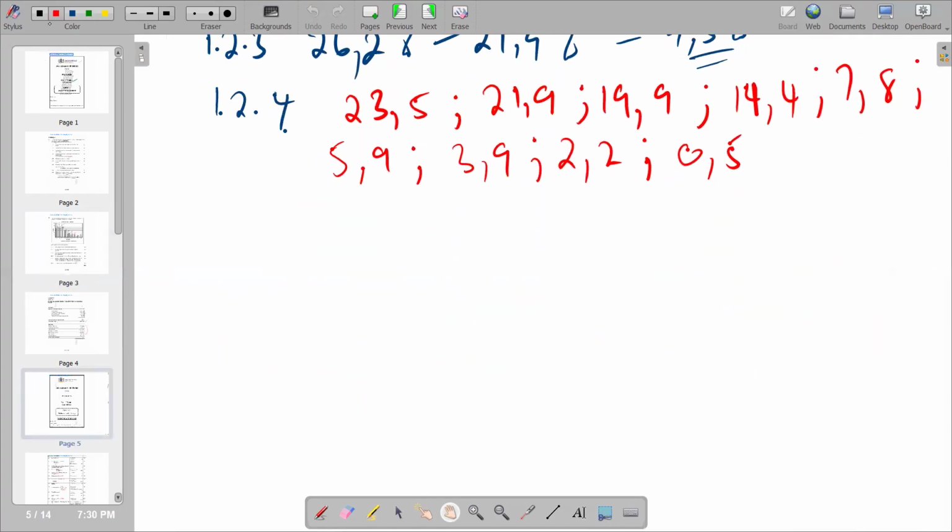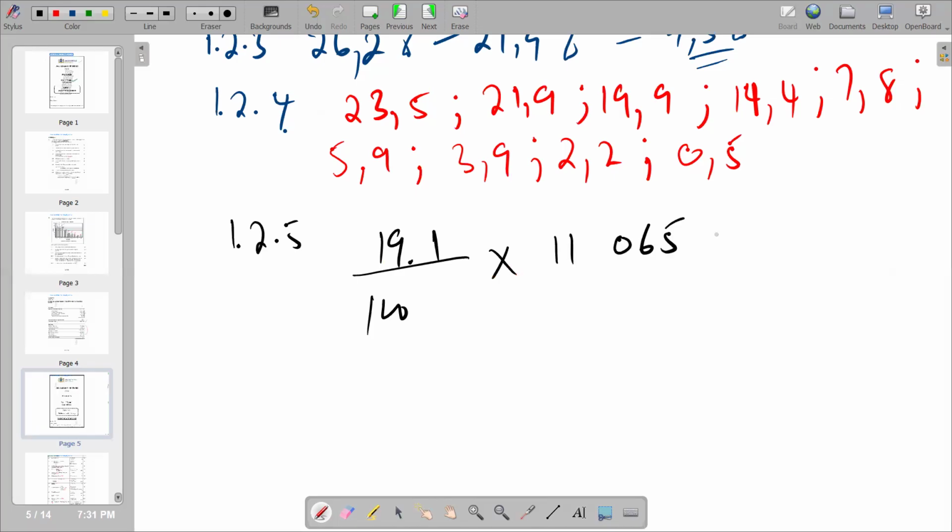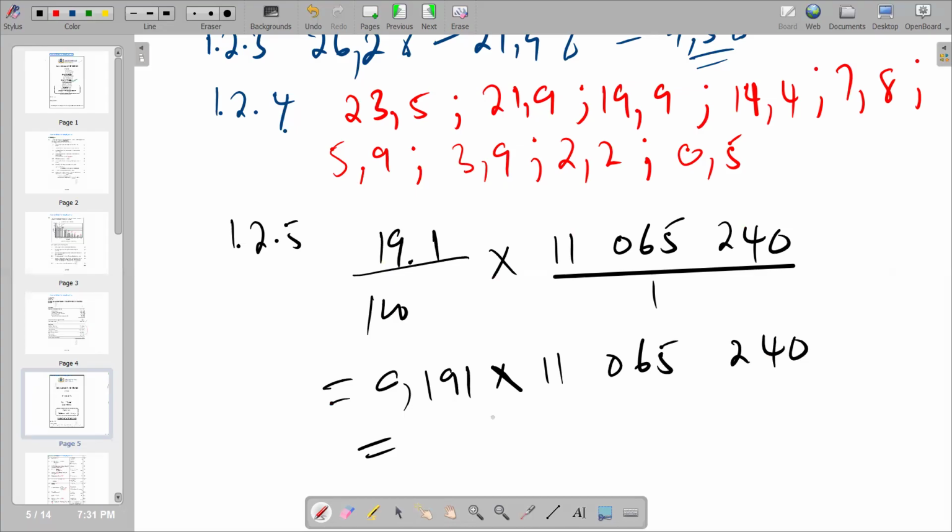And remember, this is 1.2.5. So remember, we said it's 19.1%. So we are just going to say 19.1 over 100, and then 11,065,240, which is over 1. If you simplify it, it becomes 0.191 times 11,065,240. So calculate it correctly. The figure that you're going to get is now